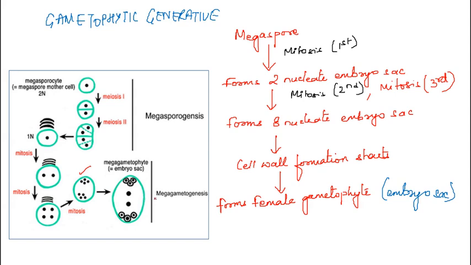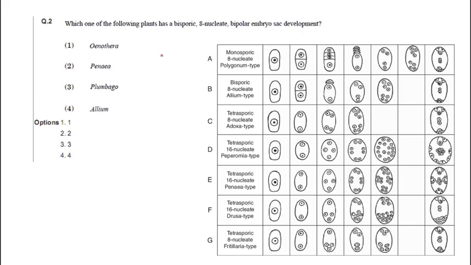So with that we will solve one question first: which one of the following plants has a bisporic 8 nucleate bipolar embryo sac development. So monosporic we discussed, the polygonum type, where 3 are degenerating and only one is involved in the formation of the embryo sac. The one which is left will divide 3 times mitotically and form the 8 nuclei, which will form the 7